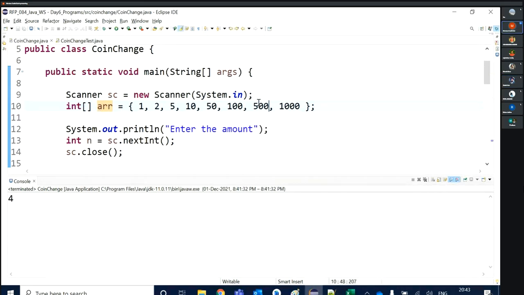So this is the amount, and let's check for the amount 15 if I'm getting my output or not. See, before it was taking too much time to calculate, but now I'm getting my answer directly, in just a fraction of a second. Why? Because we have decreased our complexity.